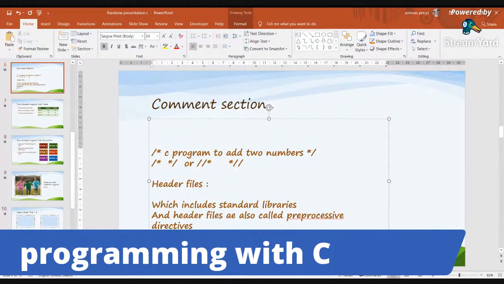It means things like the printf function, the scanf function. So many things are there. For example,